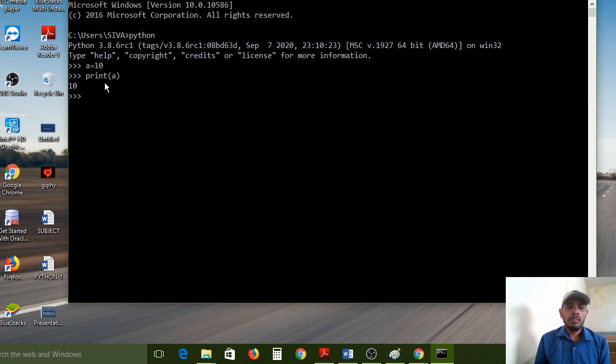These statements we have not saved anywhere. So if you close this window, this functionality will be gone, destroyed by Python. So it is only for testing, not for saving. For our understanding purpose only, we can use this Python shell.